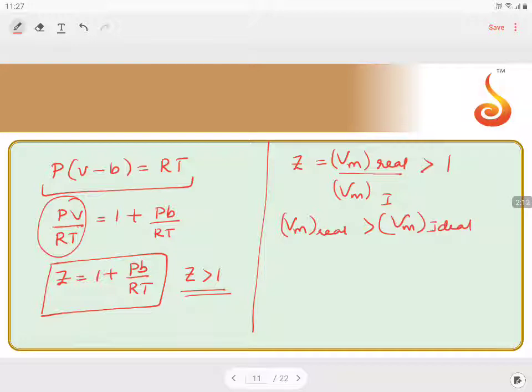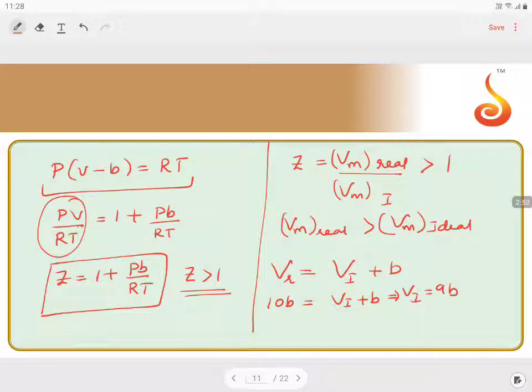Ideal gas. So I can write the molar volume of real gas is equal to molar volume of ideal gas plus B. Molar volume of real gas is equal to molar volume of ideal gas plus B, or molar volume of ideal gas is real gas minus B. It is given the value of real gas is 10B, which is equal to Vi plus B,